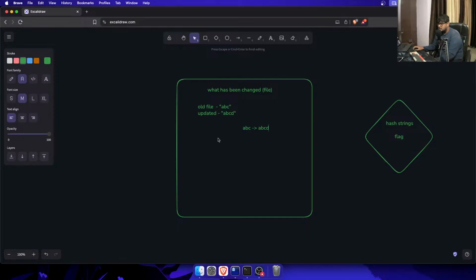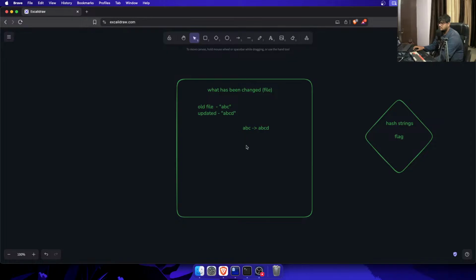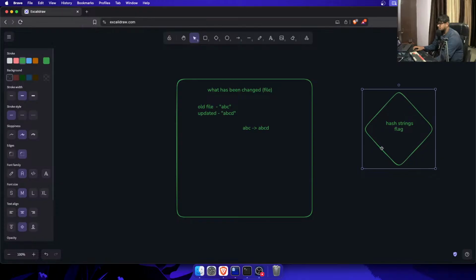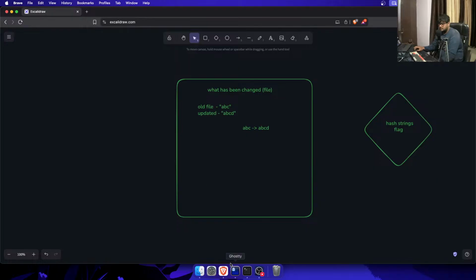Implementing this itself needs a lot of optimization, because if we have large files or very big files, then we have to think about optimization. But for now we are very optimistic, and we think that the file will only have ABCD or a simple one line, so we can implement our raw form of logic first. We will optimize it later, but let's understand how to think in that direction. So what we can do over here,